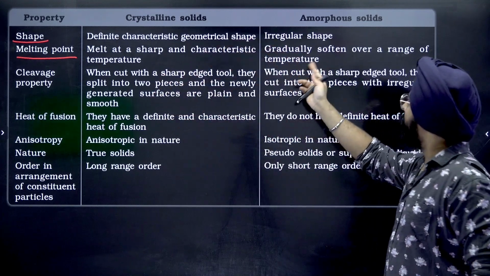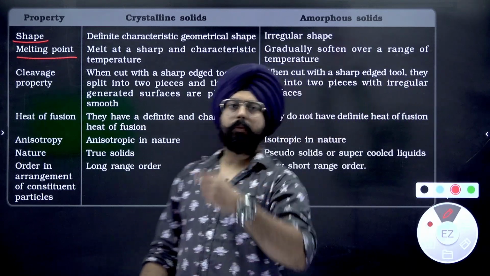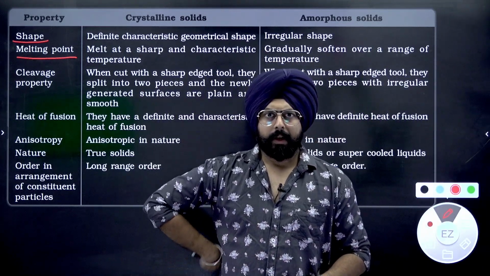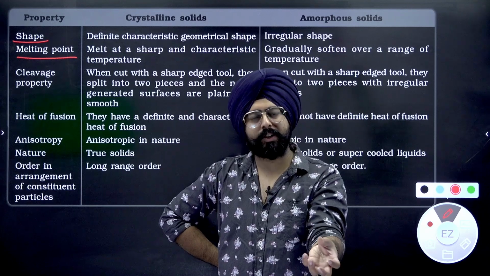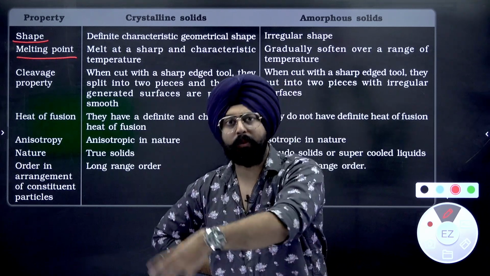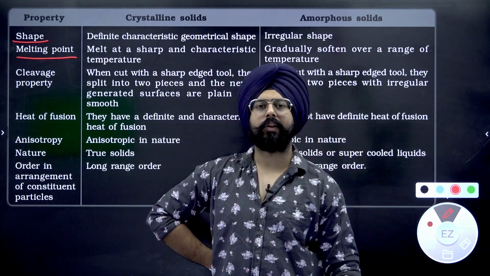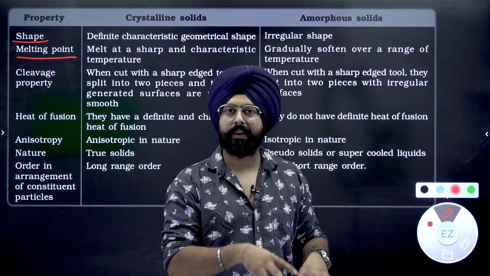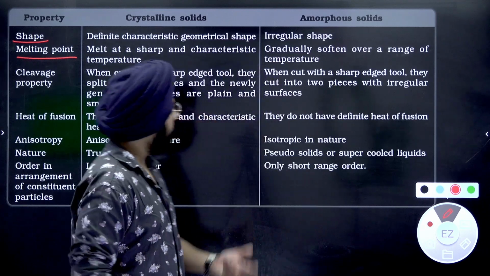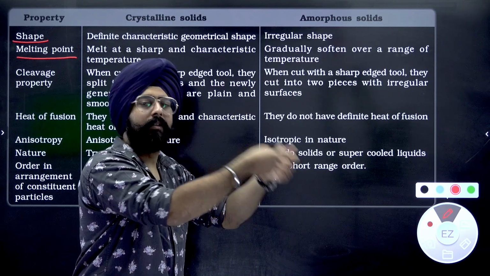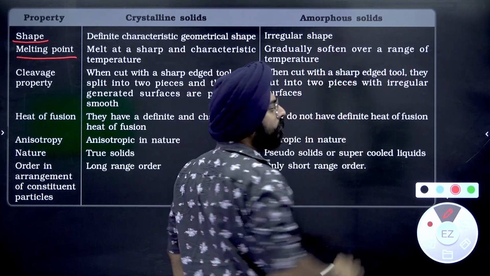At the other end of the spectrum, amorphous solids gradually soften over a range of temperature. So what happens with amorphous solids is, let's say at 500 degrees Celsius, it starts to melt. But at 500, only a certain part of that solid will melt. At 550, more solid will melt. At 600, more solid has melted. At let's say 610, the entire solid melts. Different parts of the same amorphous solid are arranged differently, so it will take different energies to melt these different parts. Therefore, they don't suddenly melt at a specific characteristic temperature. It happens over a range, gradually soften over a range of temperature.